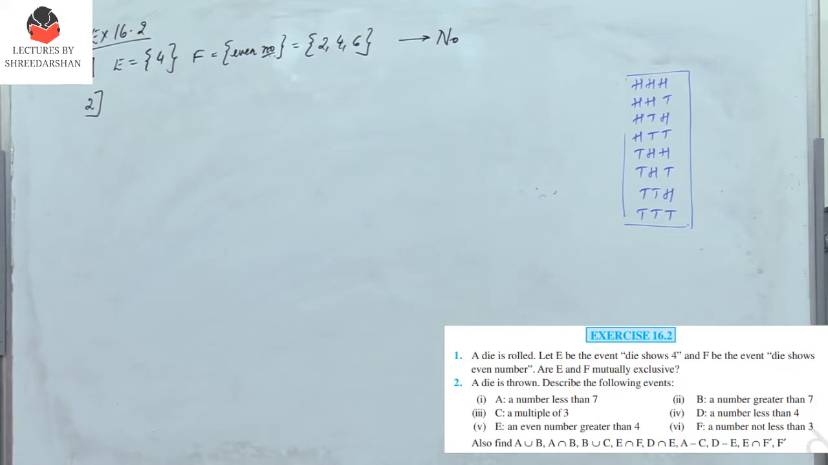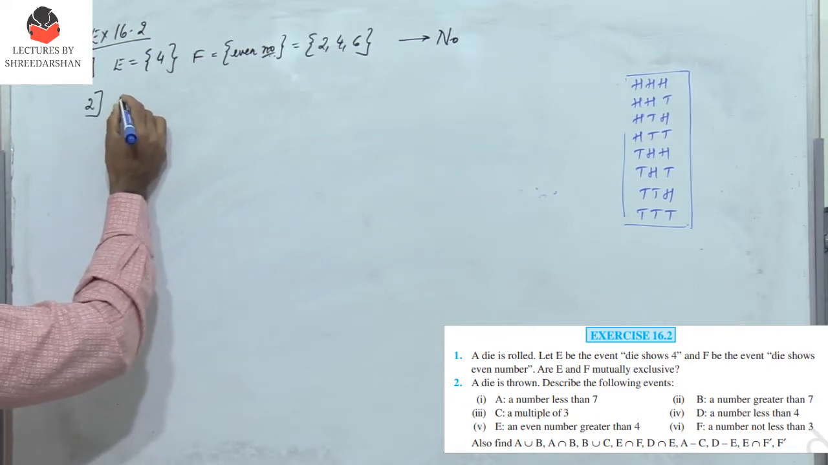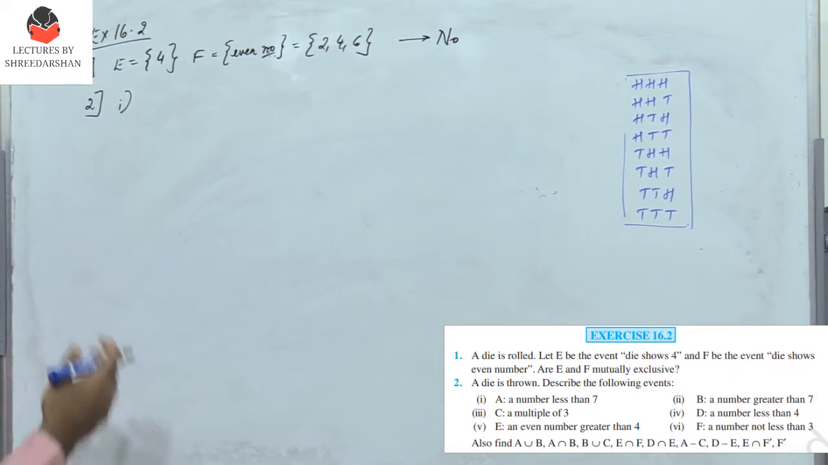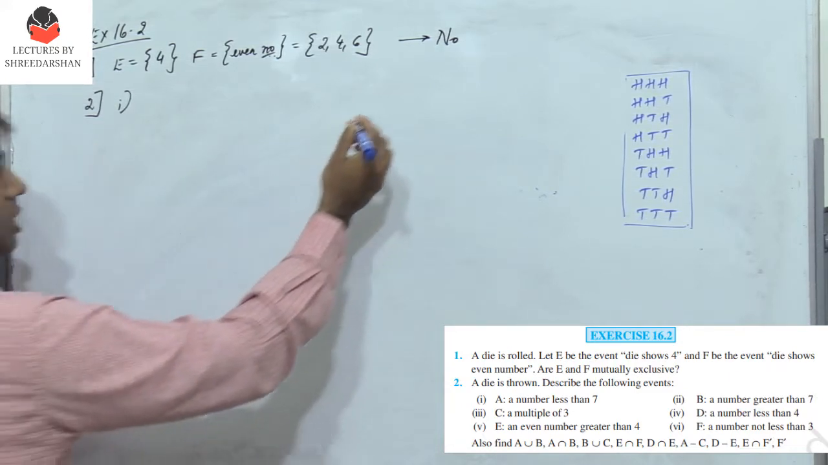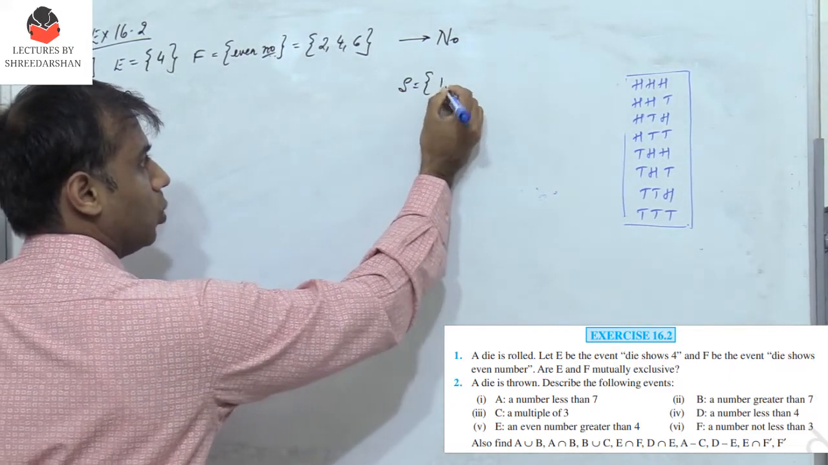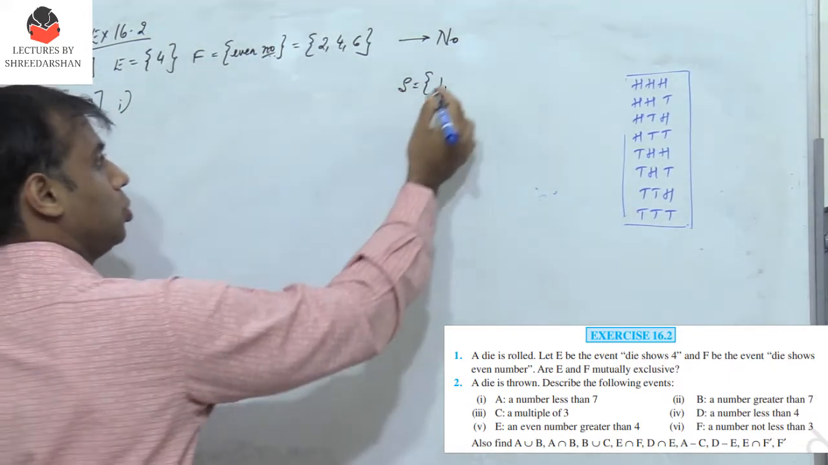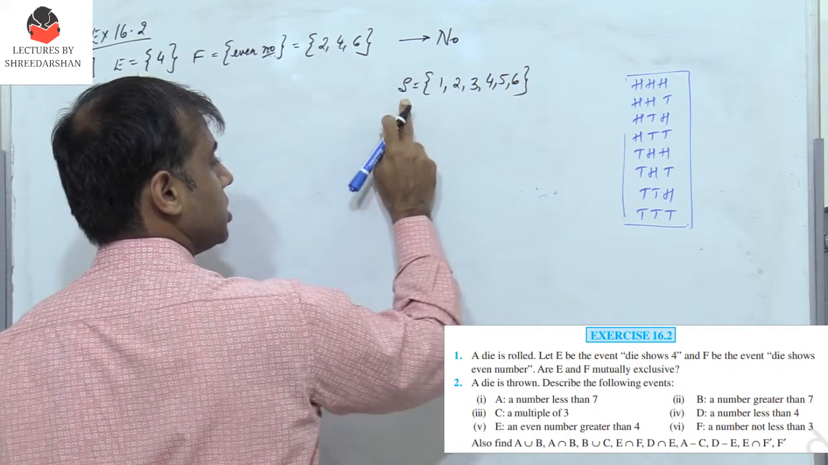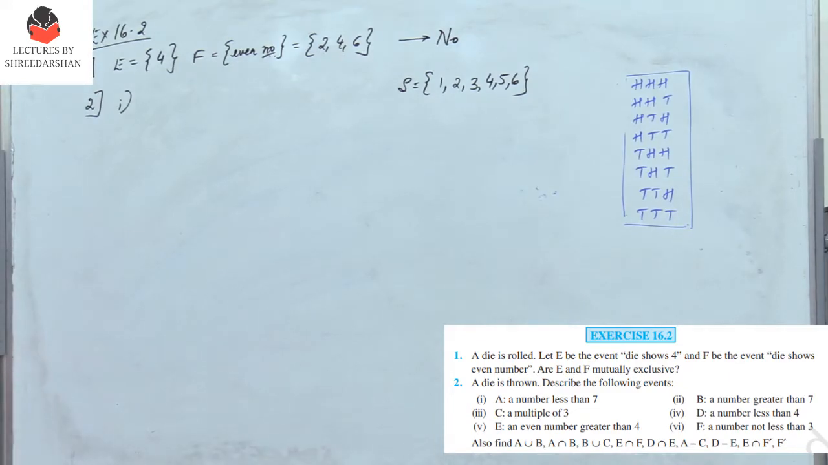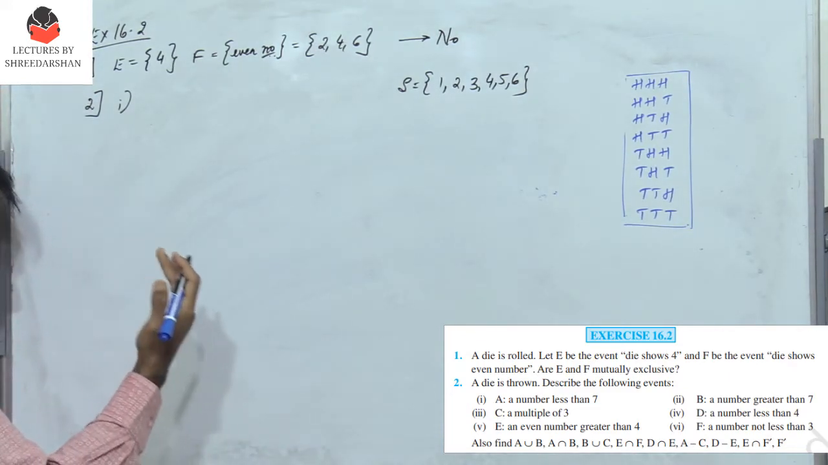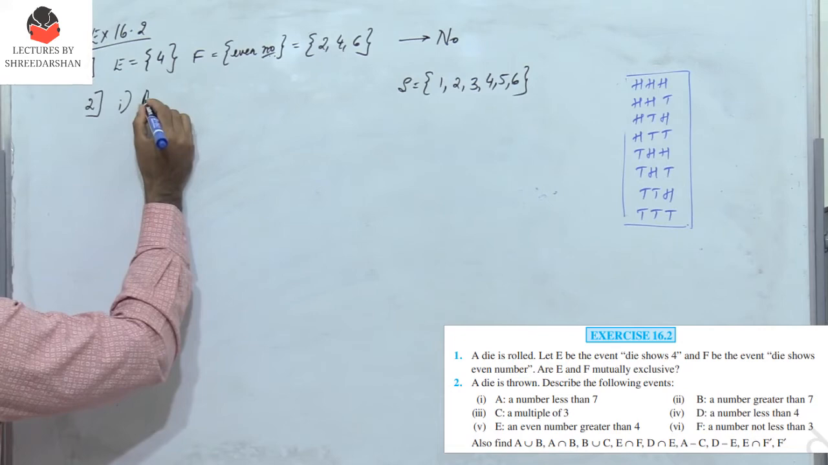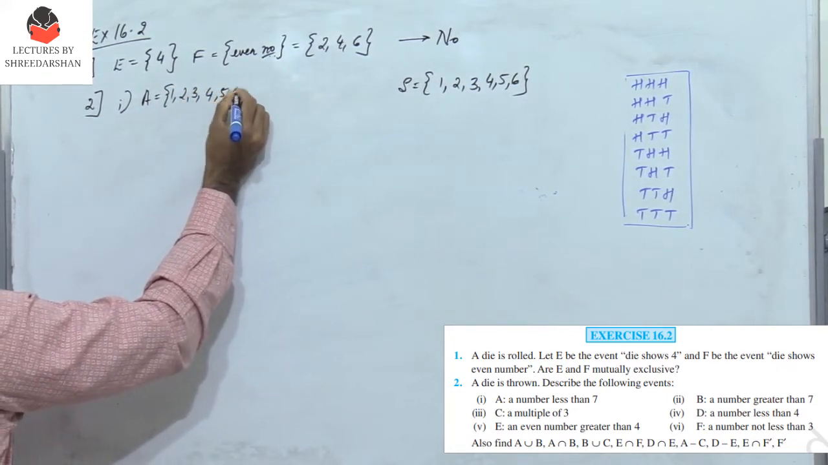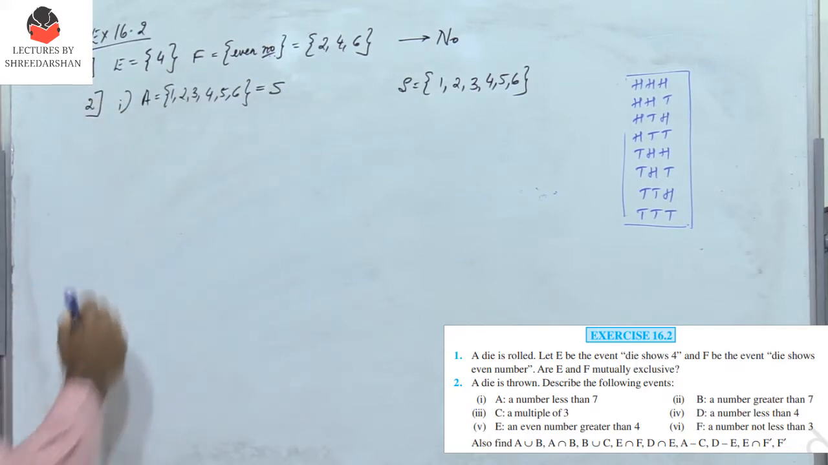The second one, a die is thrown. We need to describe the events. The first one, event A, where you get a number less than 7. So when a die is thrown, let me write the sample space. I get 1, 2, 3, 4, 5 or 6. So this is the sample space S when a die is thrown. And what is event A? The number is less than 7. So therefore A would be 1, 2, 3, 4, 5 and 6, and that is equal to S, the sample